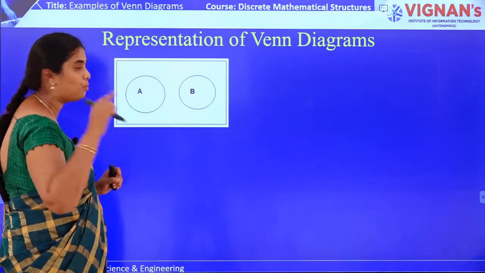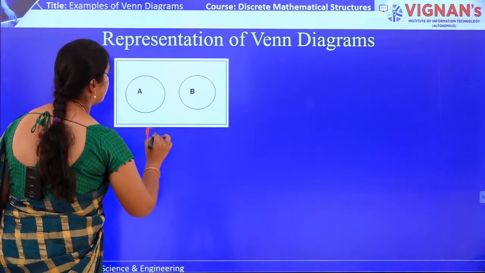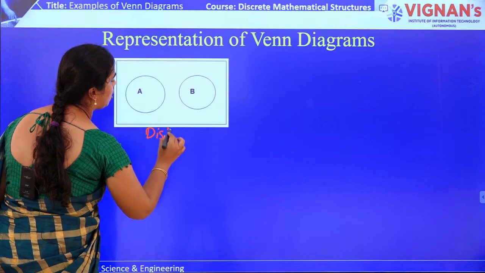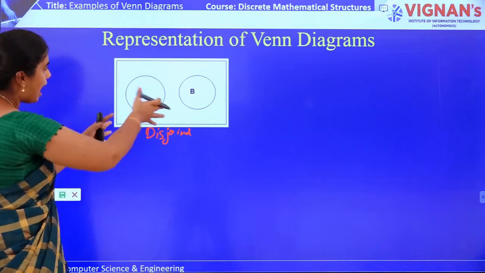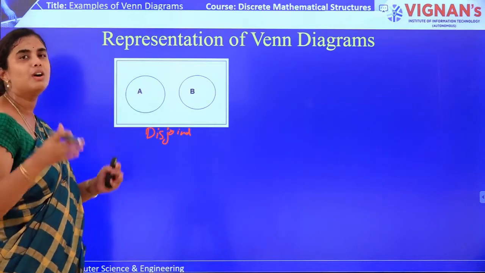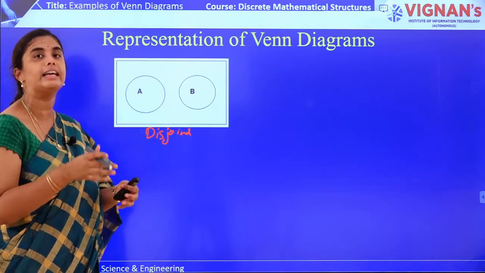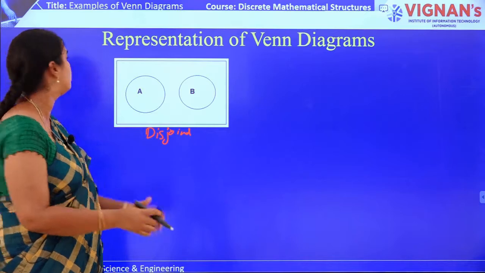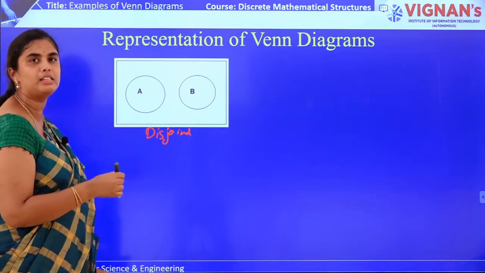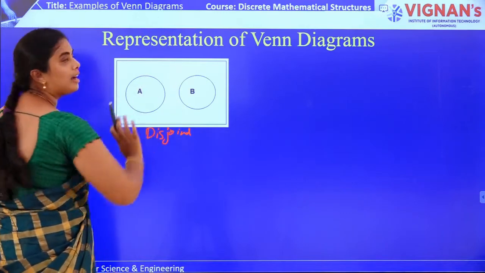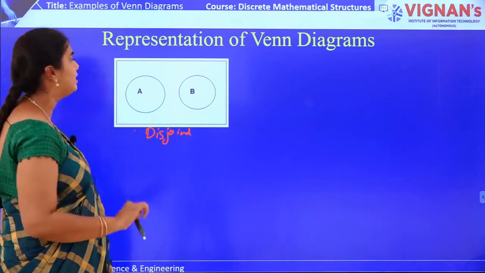Firstly, this Venn diagram which you are seeing over here is represented for disjoint sets. Are there any common points between set A and set B? Are we able to see any connection between these two? What is the meaning of disjoint sets? Disjoint sets are sets which don't contain any common elements between them. If you see the diagram of these two, are you able to see any connection between them? No, right? So these sets are called disjoint sets, and this is the Venn diagram which is used to represent the disjoint sets.